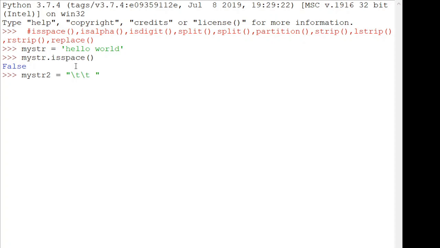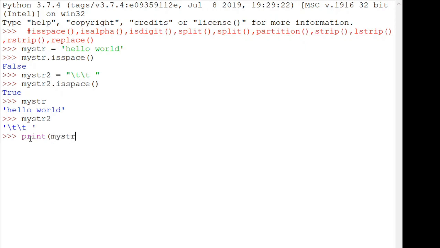So as we know, backslash t is what? It is a tab escape sequence, which means four spaces. This is again the same thing. So when we are going to check if mystr2 dot is space, then it is going to return true because this string is nothing but empty spaces, as you can check by printing it as well. Mystr2 is nothing but backslash t backslash t. Let us print it. So you can see it printed nothing but empty space. That is why it is